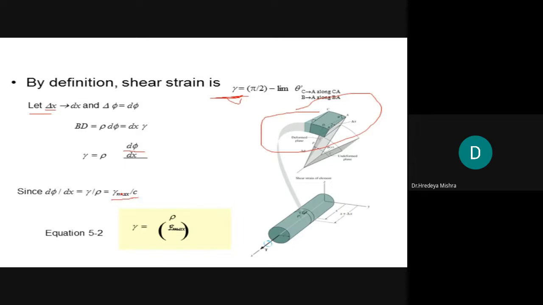where this strain is maximum: this strain will be maximum at the outer surface, meaning when the value of r is greatest, at the outer surface, which is denoted by c. c is nothing but the radius of the circular shaft. Okay, so we can see here gamma equals,